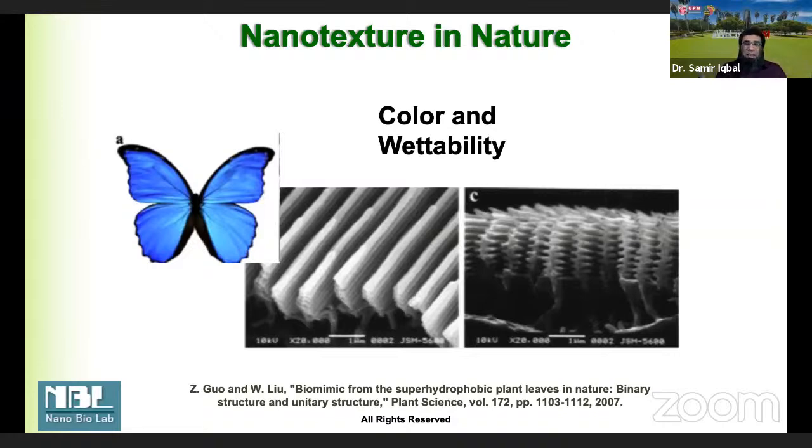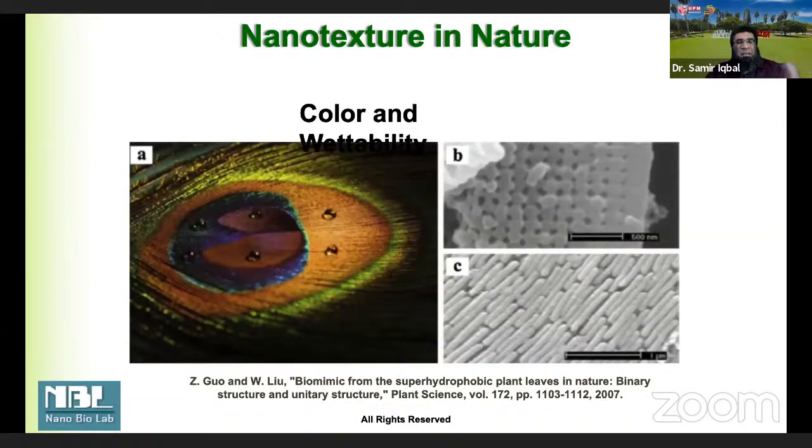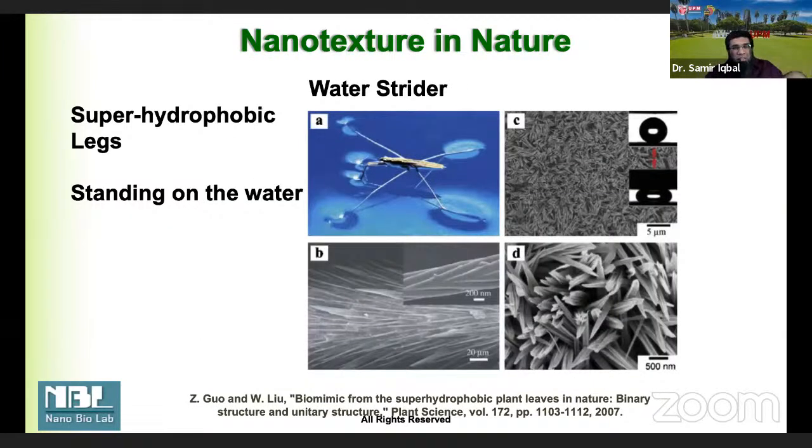We look at the wings of a butterfly. It's one material, but we get different colors. The colors come because of periodic structures at the nanoscale, which cause constructive and destructive interference of light and give us different colors. So a whole range: peacock wings, mosquitoes that sit on the water surface and don't drown, a spider traveling on a surface, a gecko. They all have nanotexture.